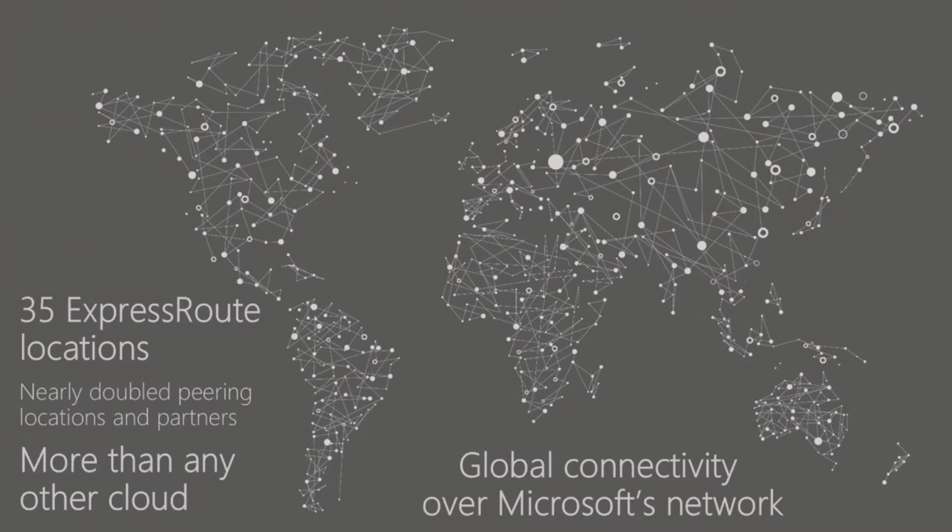And the number really is very much more than anybody else out there because, frankly, guys, we're very enterprise focused. And we know many of you have ExpressRoute connectivity to connect your backend networks to our Azure system because you're running heavy-duty enterprise applications. So we will continue to expand the system, guys. In addition,